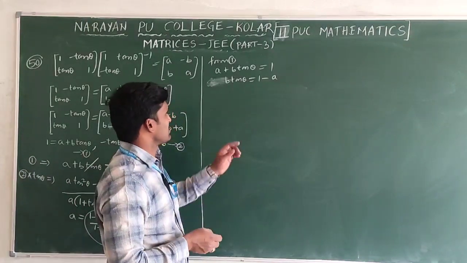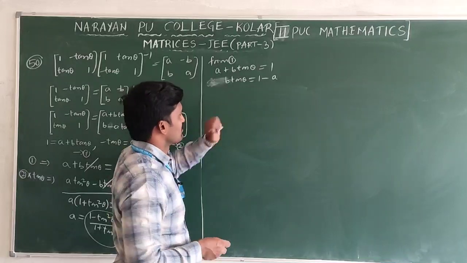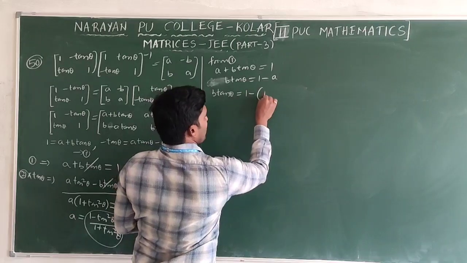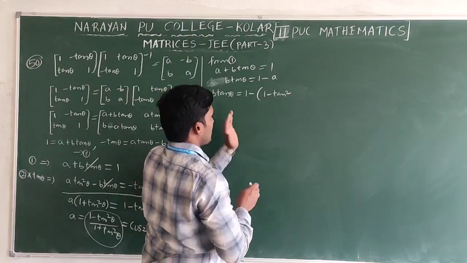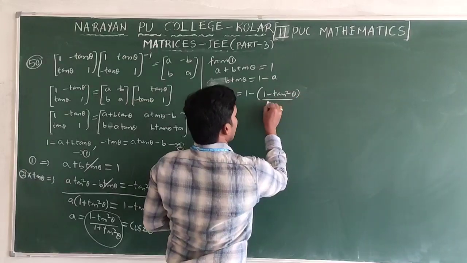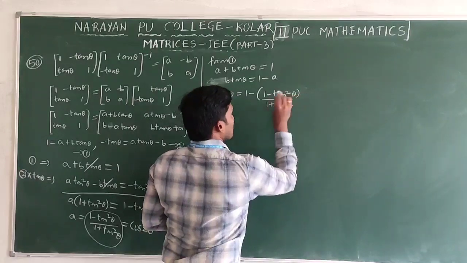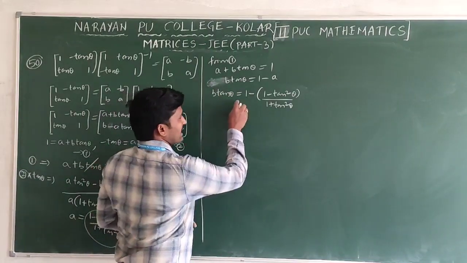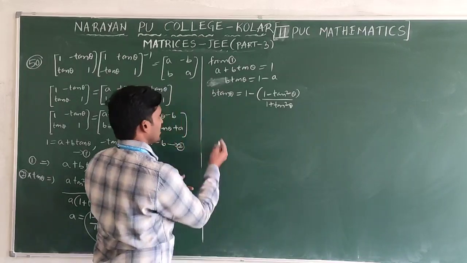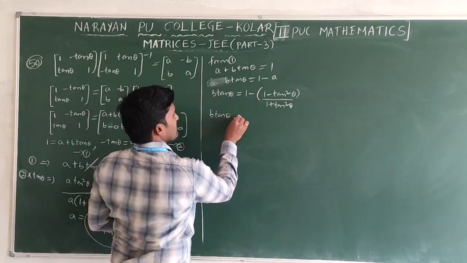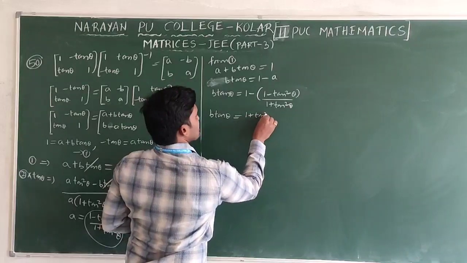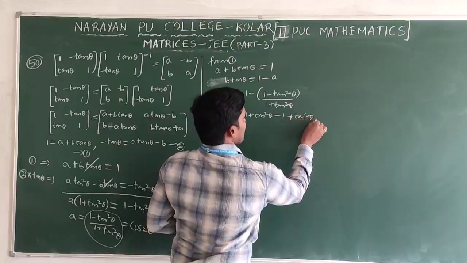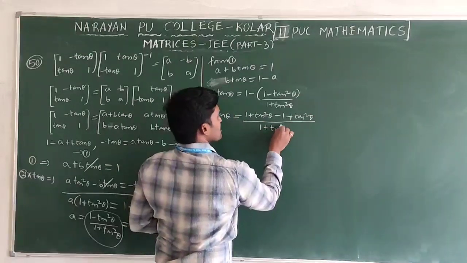Okay, a small correction in this, because actually we need to take the LCM here. We took directly plus 1 and minus 1. So 1 minus of, now separately we need to take the A value, 1 minus tan square theta by 1 plus tan square theta. Now take this LCM. Before, we took it directly by the total. That's why you are not getting the actual option correctly. Take the LCM: 1 plus tan square theta minus, multiplying inside, minus 1 minus of minus plus tan square theta, by 1 plus tan square theta.